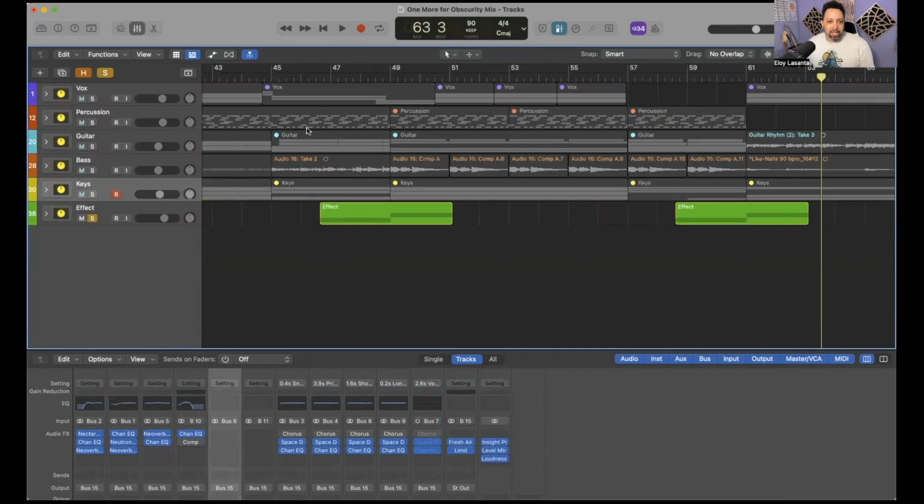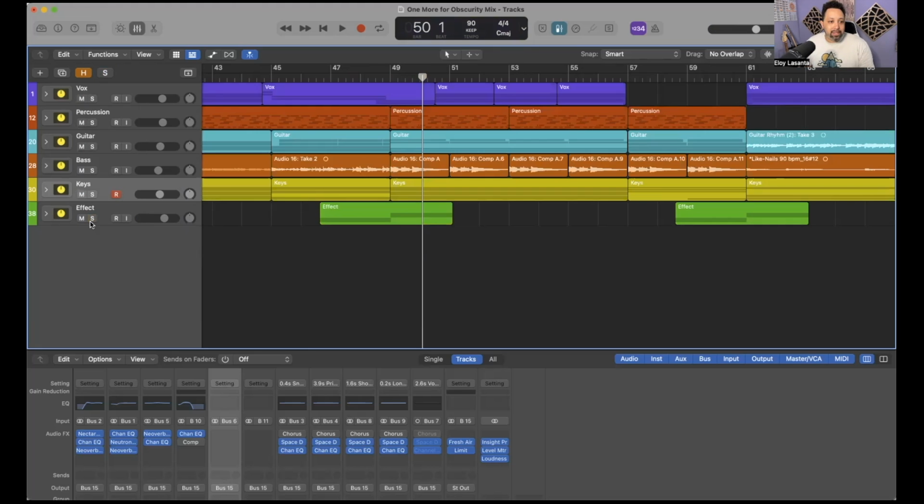And then obviously we have the riser. That's usually like it does that explosion at the beginning of a chorus. All of it together minus the voice, you end up getting